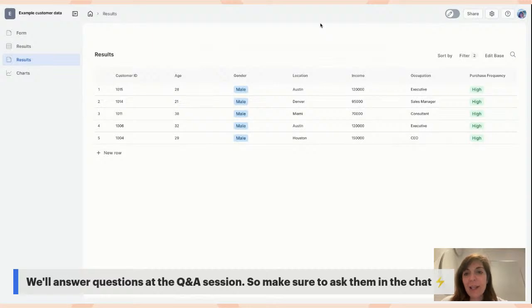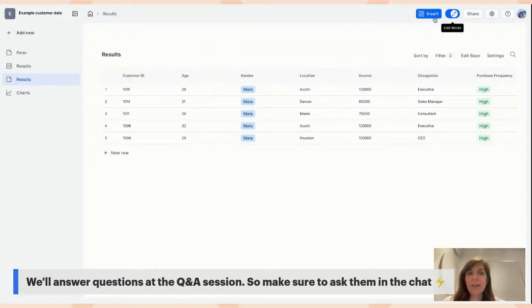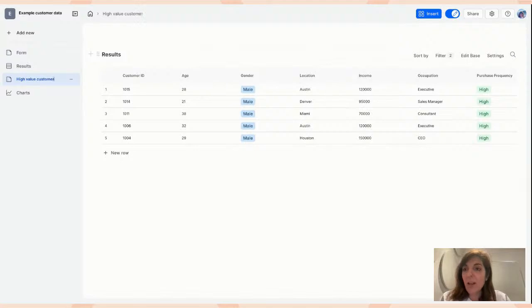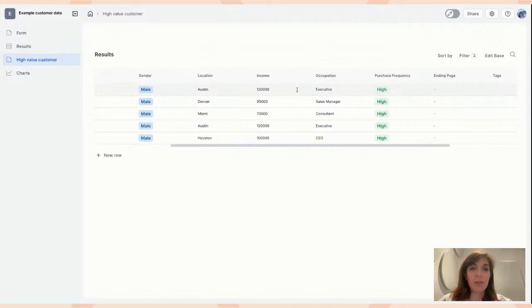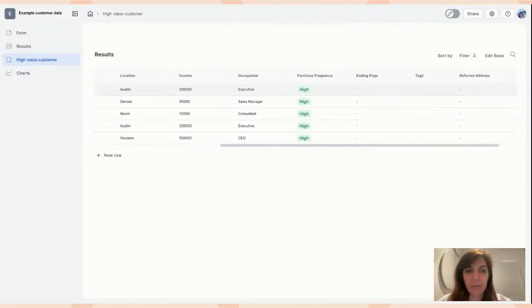It's automatically saved, and you can name the page, say, high value customers, right? Because these are the customers that have the highest purchase frequency, and also are in my top demographic segment. And you can see what their occupations are.